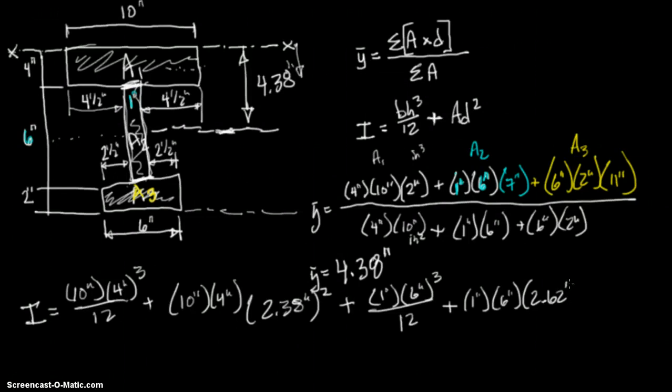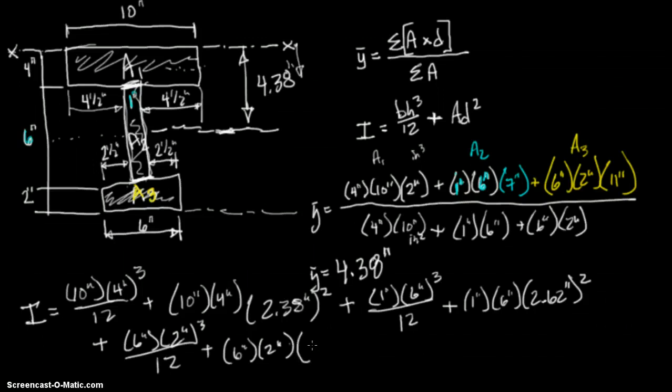And I'm probably going to run out of time here, so that's why I'm trying to go a little bit quick. And we'll do it some more over the next couple problems. So I hope I'm not losing you here, but base is 6 inches. 2 inches is height, cubed over 12, plus AD squared. Your A is 6 inches times 2 inches, which is area. D, well, we figured that from the neutral axis. This is 4.38, so it's 0.38, so that's 6 minus 0.38, plus 1 inch, 6.62 inches from the neutral axis, meaning the center of this section,